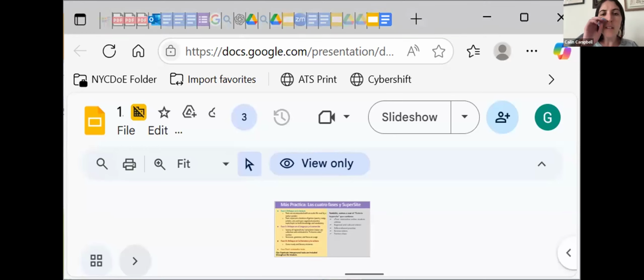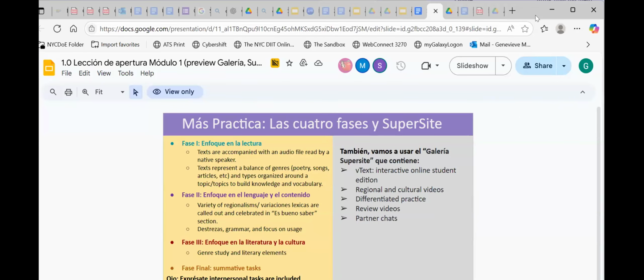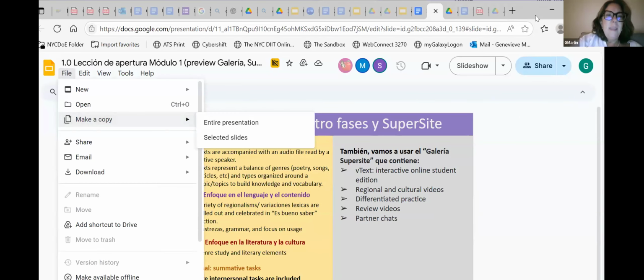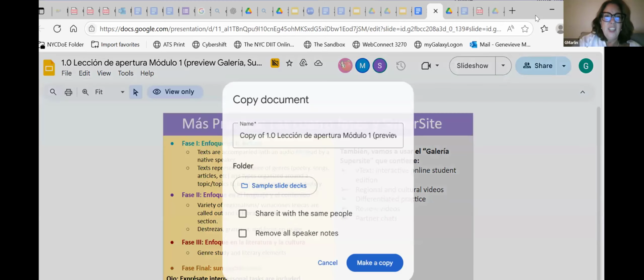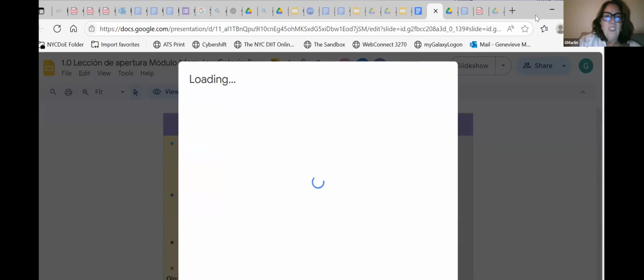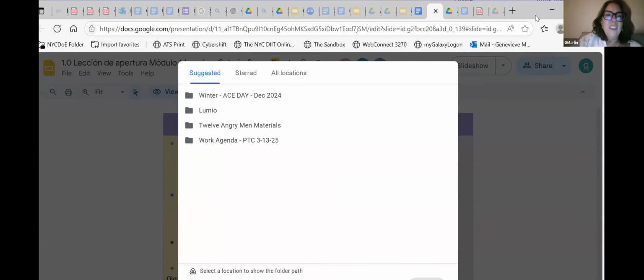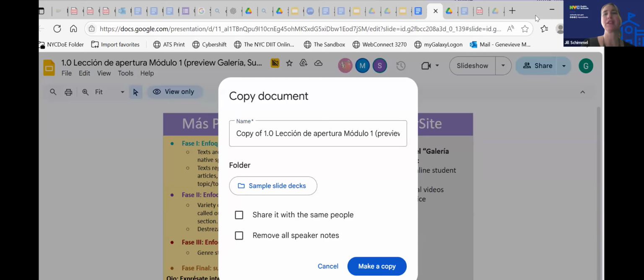That was happening to me before, but you have to make sure that when you save it, you're saving it to my drive and not back in the same place on the next screen. So if you can see it now, I go to make a copy and I say entire presentation, right? And then it goes, I'm gonna laugh now if it lets it. Oh, I know what you have to do. You have to download it as a PowerPoint. No, I don't think you do.